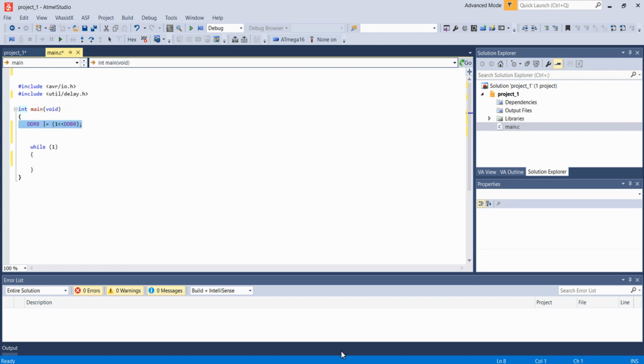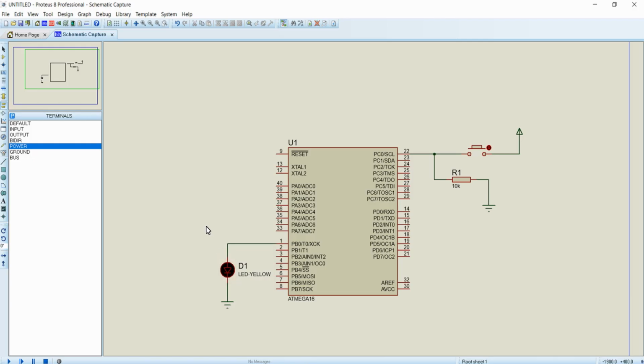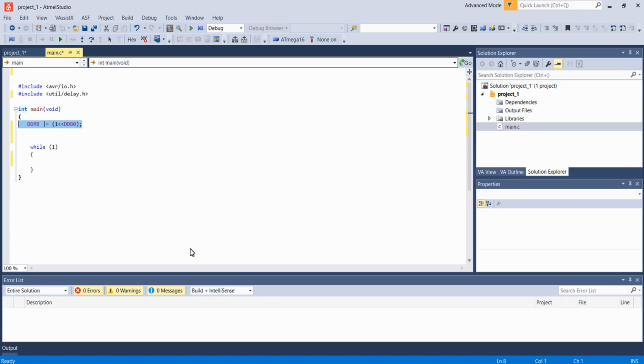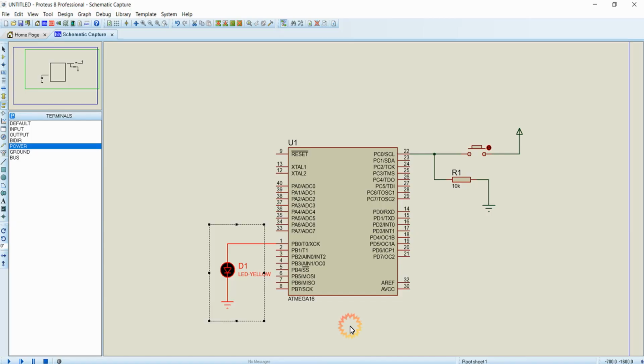This will configure the PB0 pin as output. For configuring the PC0 pin as input, we just want to clear the DDC0 bit in the DDRC register. That can be done by DDRC &= ~(1<<DDC0). So this will configure the PC0 pin as input.